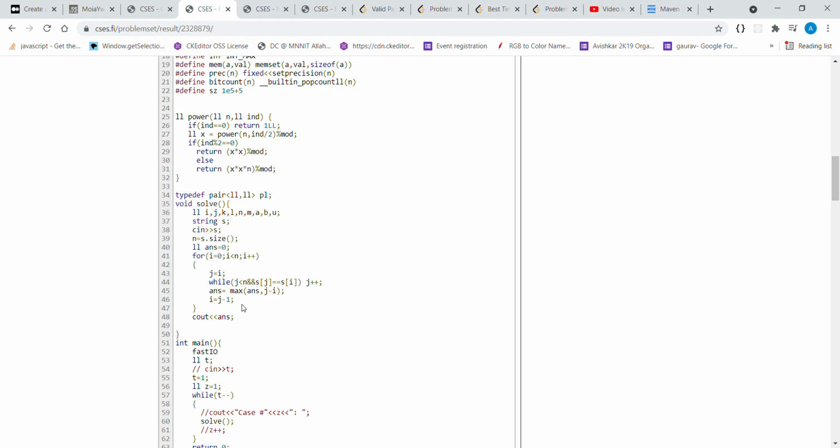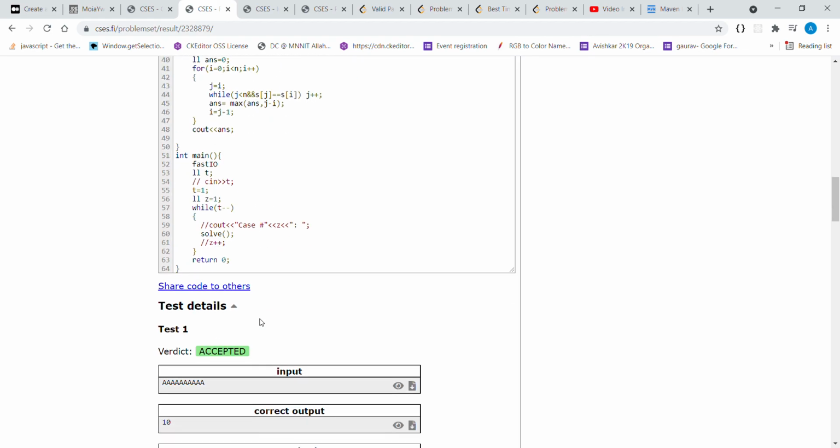Now, because we need to start from a new point, otherwise it will be O of n square time complexity. Also, we are not required to process the same ith character again. Hence, what we are doing is updating i with the previous value of j minus 1, and in the next iteration it will increment i, and we will be starting from the new set of substring. At the end, I will print my answer.